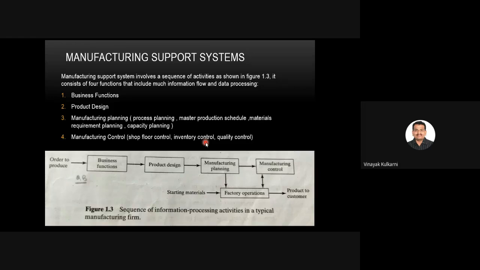Then the function of quality control is to ensure that the quality of the product and its components meet the standards. Now the standards may be set by the customer or the standards which we follow, sometimes called ISO standards. It might be specified by the product designer or it might be specified by the customer himself.